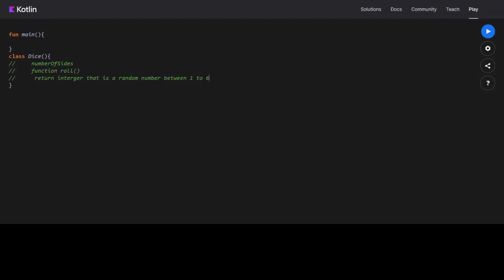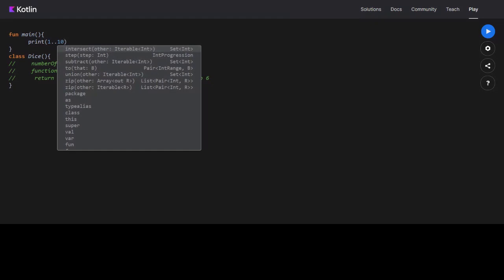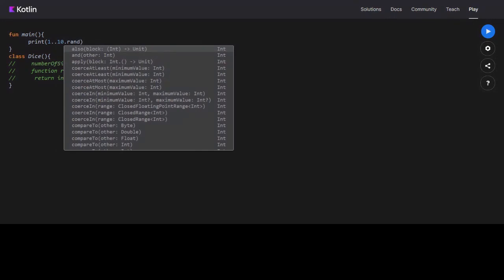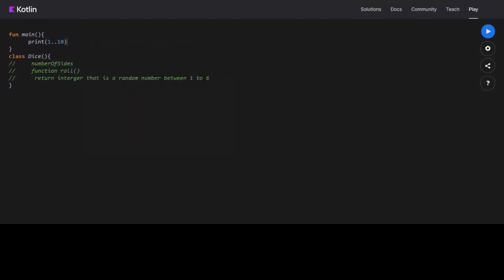To generate random numbers, there is a function called random. If you want to print a random number between 1 and 10, what I can do is 1 dot dot 10. You know that this will return something like a list. Then you can say dot random. Try this.